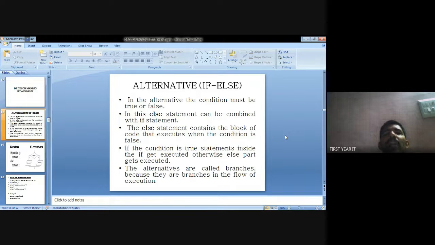First, if else. If means true, else means false. True or false. That is a combination of checking the condition and the statement. That is called decision making.